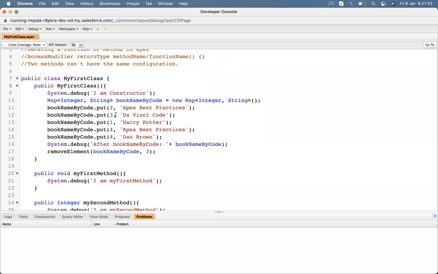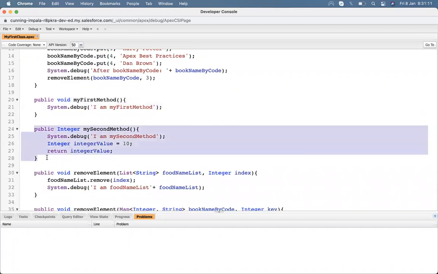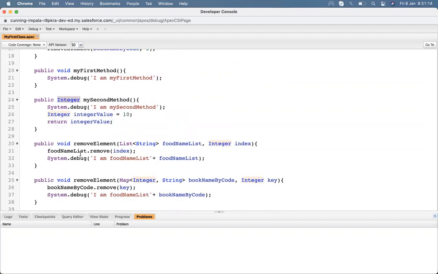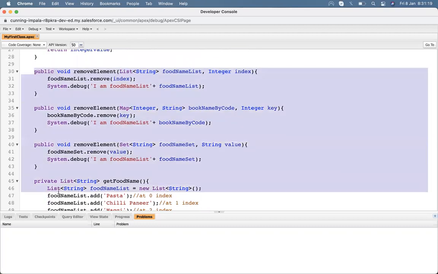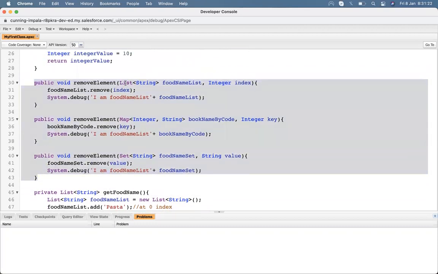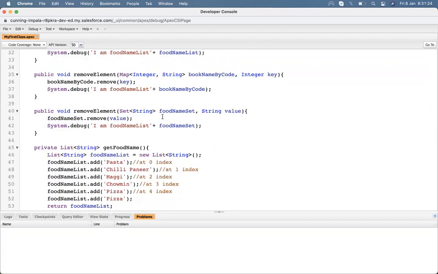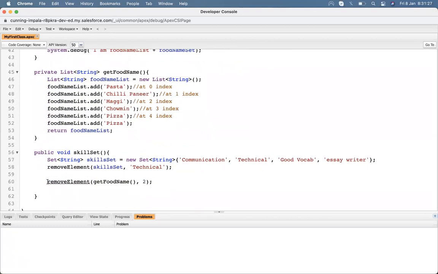Okay, so in this class we discussed how we declare a constructor, how we declare a method, how we declare a returning method, meaning how a method returns a value, how we declare a parameterized method, and how we declare the same method name with different parameters. Then how we access a method inside a class, and how we call a method inside a method. Here we call a method, and that method calls some different method.